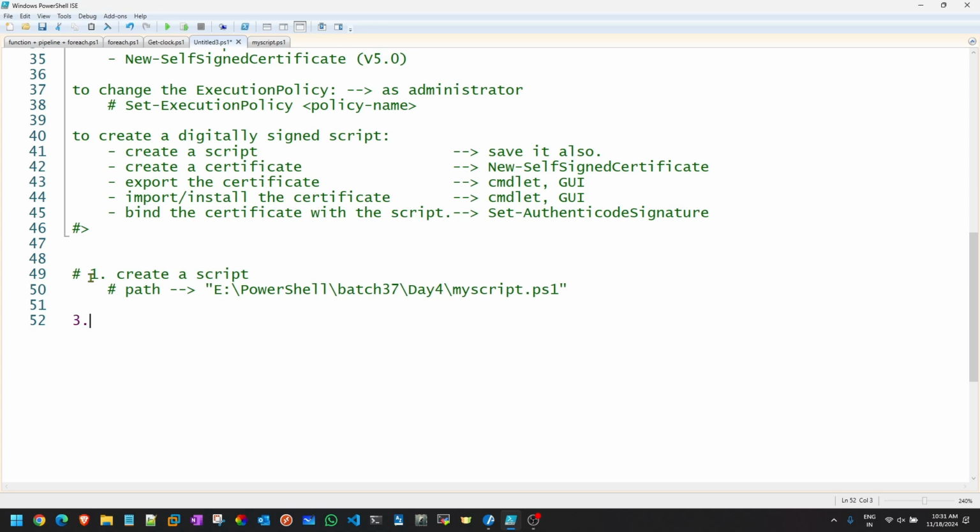Now number two is create a certificate. For creating the certificate, I already told you we are gonna use the command called new self-signed certificate. Before I actually start creating, get help, then I'll make it online.